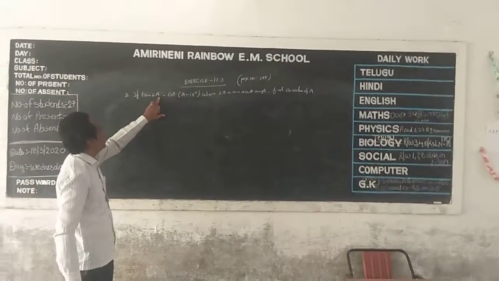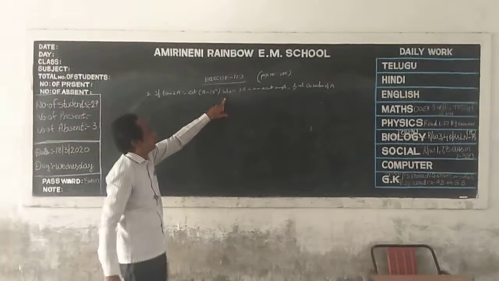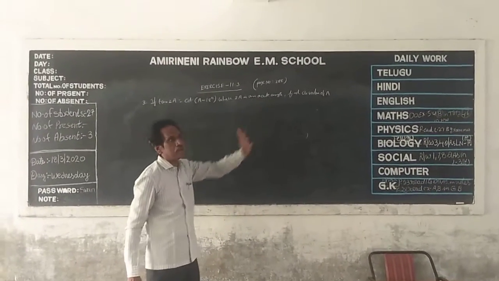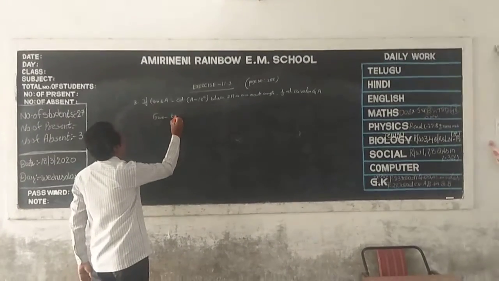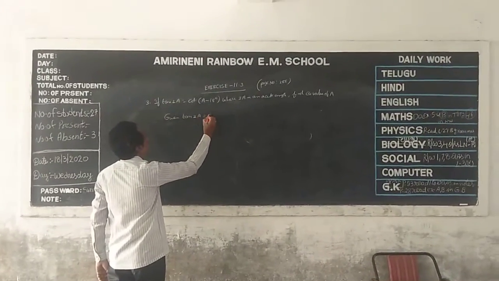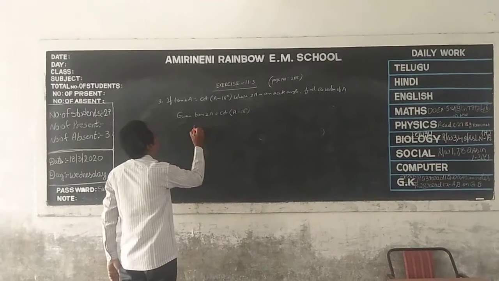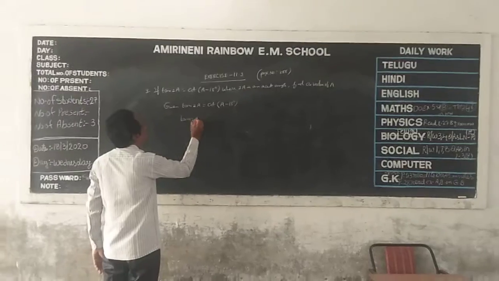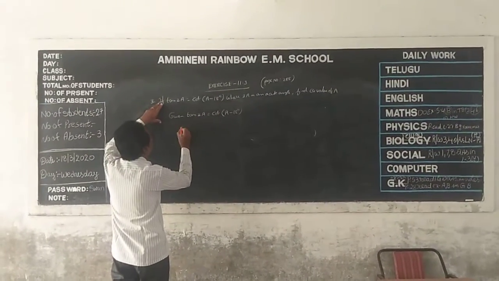If tan 2A is equal to cot A minus 18 degree, where 2A is an acute angle, find the value of A. Given tan 2A is equal to cot A minus 18 degree. Tan 2A is equal to, here tan 2A ni cot